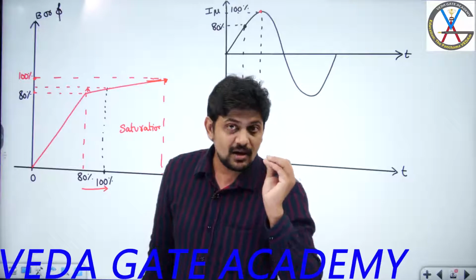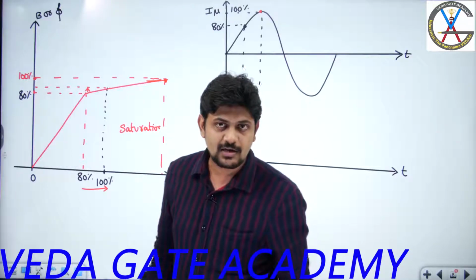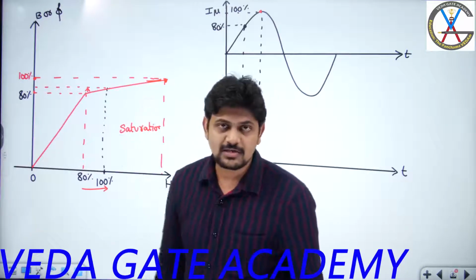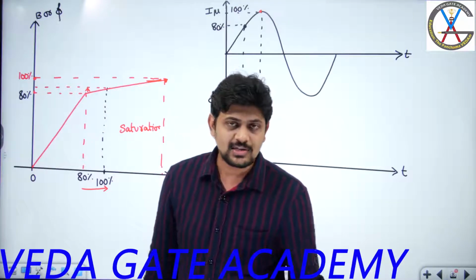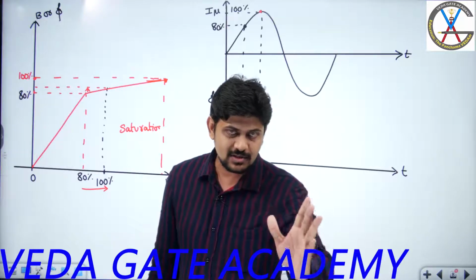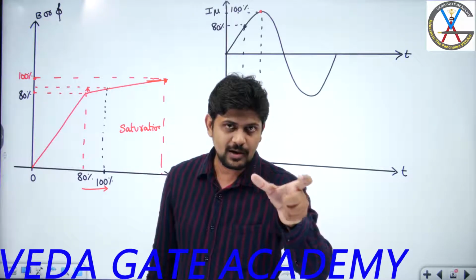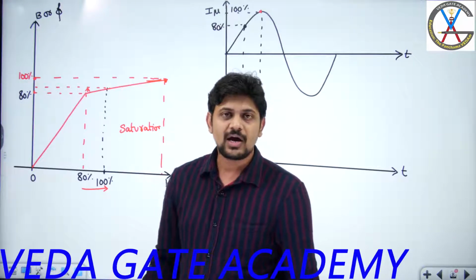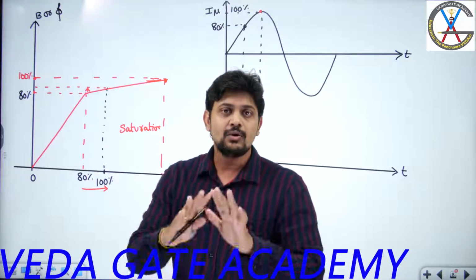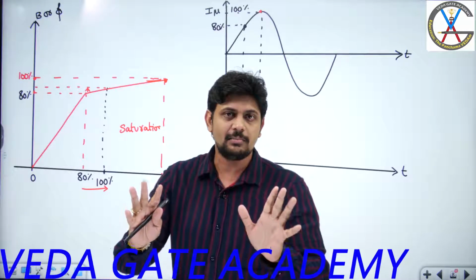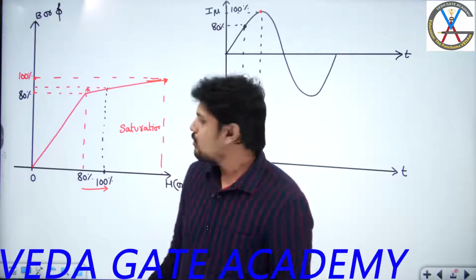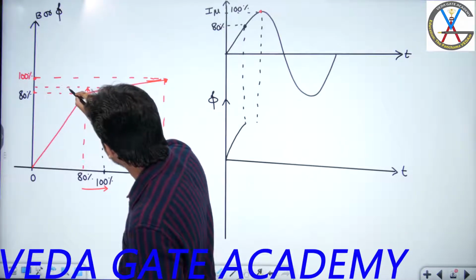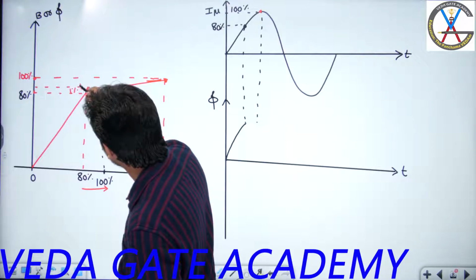Why? The flux will not increase by the same 20% if magnetizing current is increased by 20%, because my transformer is entering into the saturation region. Once the transformer is entering into the saturation region, the rate of increment of flux is very, very small compared to the rate of increment of current. If current is increased by 20%, don't say that the flux will be increased by 20% in a saturation region. In fact, practically, this increment in the flux will be varying between around 1% to 2%.